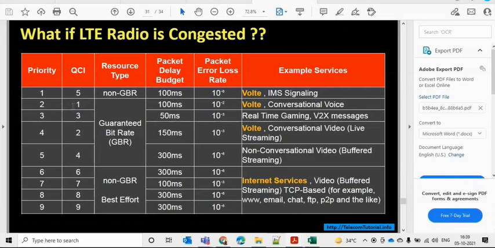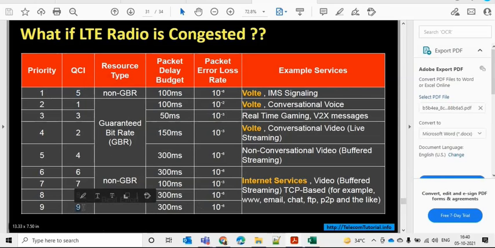This is the QoS value we are discussing. It basically has QCI. Any IMS call goes on priority one, and the QCI value is 5. This is for the default bearer connection. And for example, I'm browsing the internet right now, so it will go to